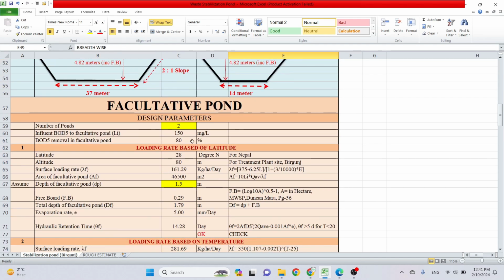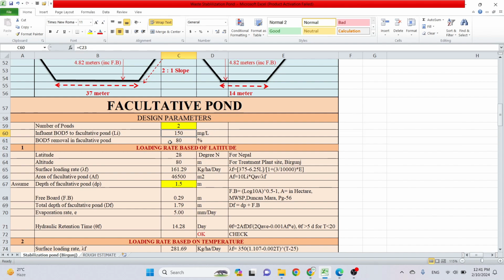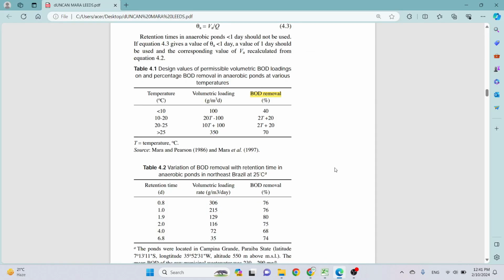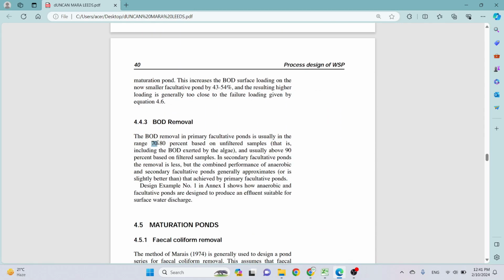And for the facultative pond, I have entered 2 as the number of ponds required, and the BOD input to the facultative pond is 150, and the BOD removal in the facultative pond I have taken as 80%, which is also given in this manual from Duncan Mara. It is generally 70 to 80%, and I have taken